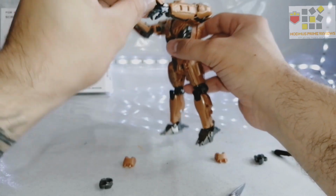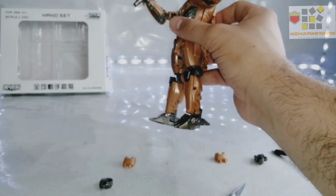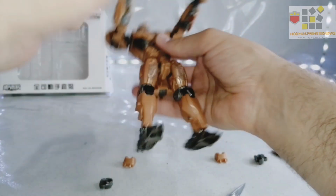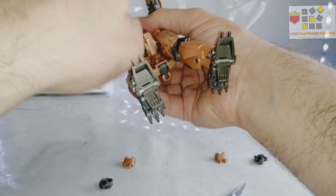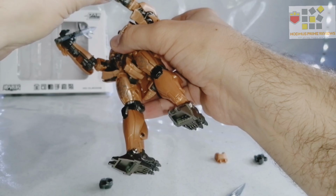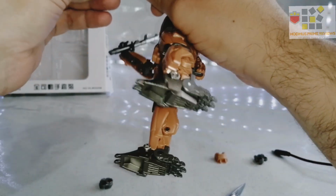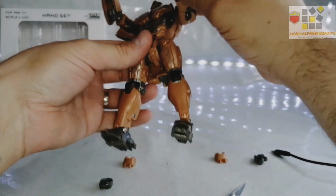But as you can see, look, it totally improves the claw now, because this comes separate off the sprue, the little metallic joint that you undo this screw for. You just pop the old one out, and then that goes in, and then you just click the hand back in on the joint, as you can see, just like that, and it clicks in nice and solid. So yeah,